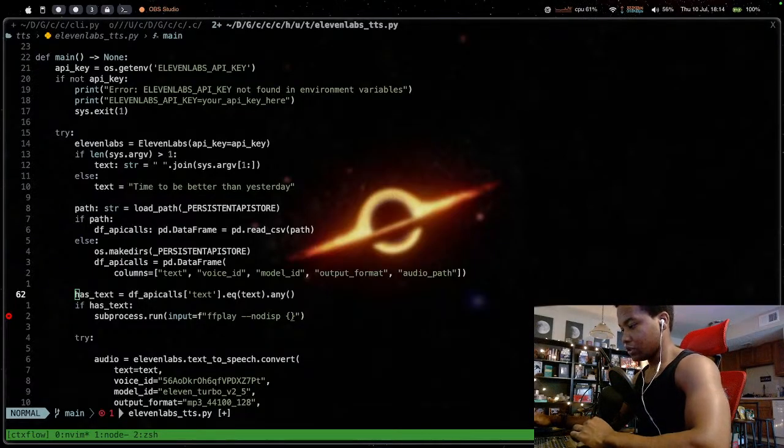Dude, my CPU's cooked. It's because I have a ton of tabs open in Zen. And close these tabs.